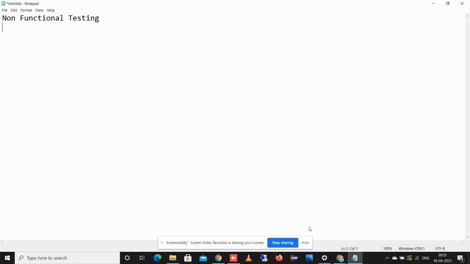So non-functional testing is performed after the completion of the functional testing. In functional testing, we don't require a complex environment, but non-functional testing requires a separate environment, a lot of people, and a lot of skill sets to perform. Here, we are also going to discuss the types of non-functional testing.